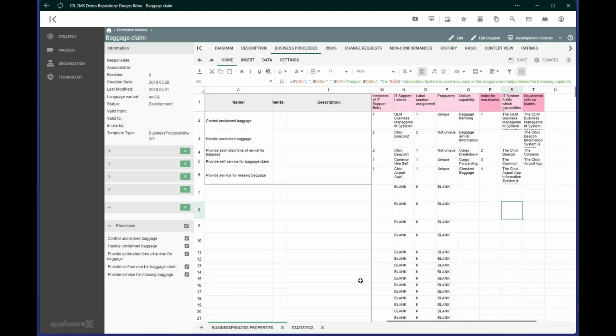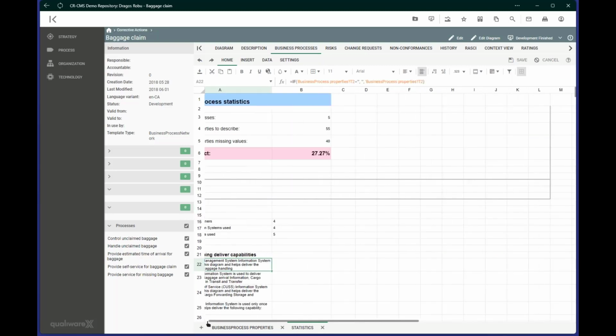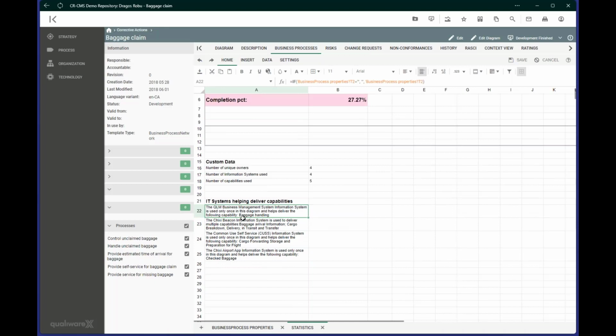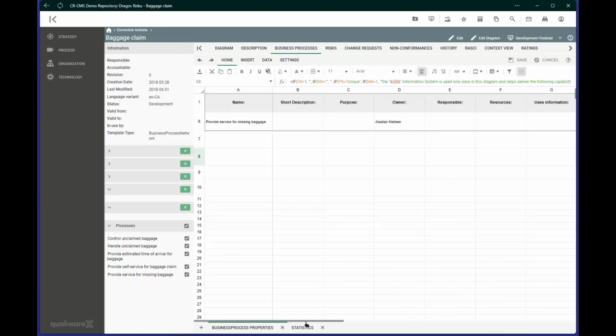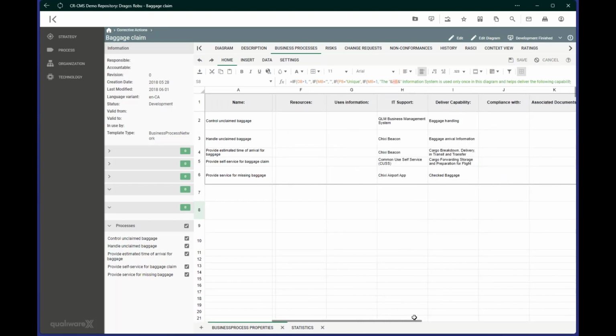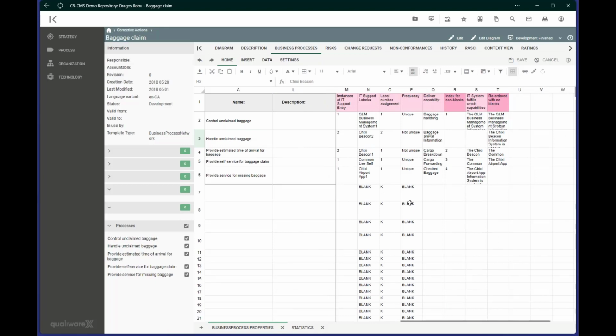So as I'd mentioned, this field right here is a composite of various functions. So it says what IT systems deliver which capabilities. Of course, taking into consideration the fact that the spreadsheet actually has the same information system that's responsible for delivering multiple capabilities. So I wanted to take that into account. So I wanted to find the amount of instances of a specific information system. I gave it a label so that I could then order it. I identified the unique ones, and then I